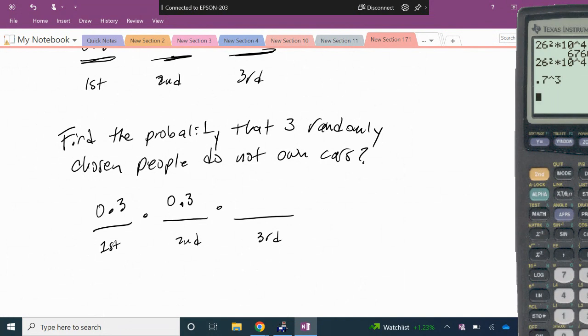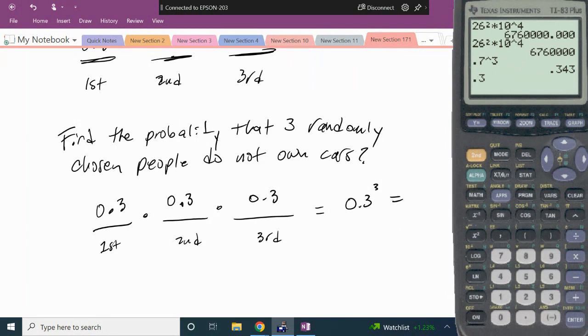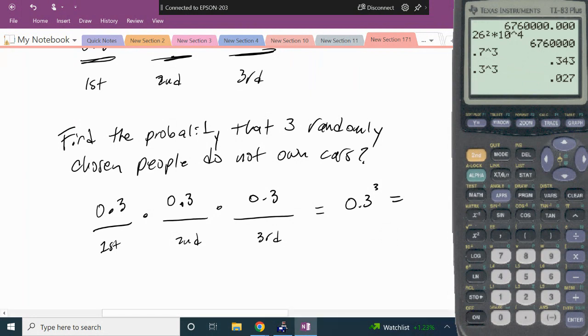So what's the probability that the third randomly chosen person does not own a car? It would still be 30%. So the probability that 3 randomly chosen people don't own cars will be 0.3 raised to the third power, which is